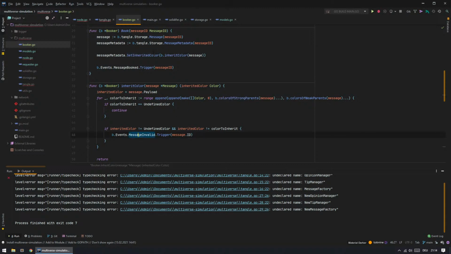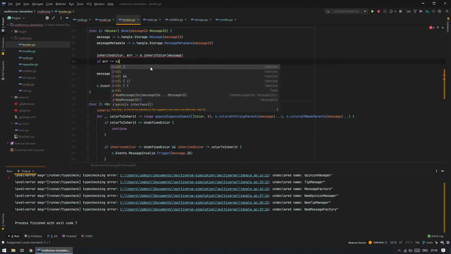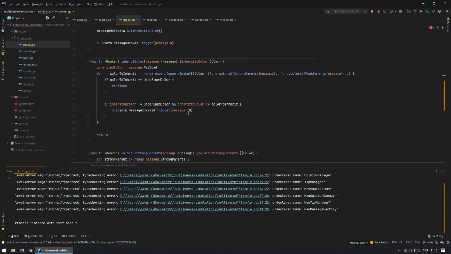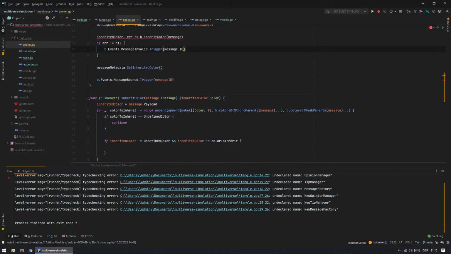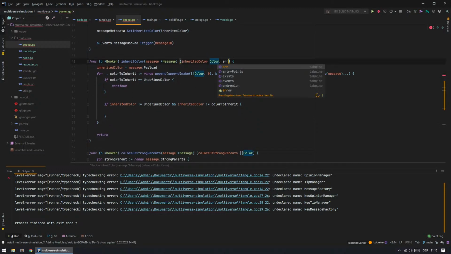Because then we don't want to inherit the color. I think that is maybe a little bit cleaner code. So if error is not equals nil, then we trigger the invalid message event, message ID, and otherwise we store it and we trigger the message booked event, and then we need to introduce an error